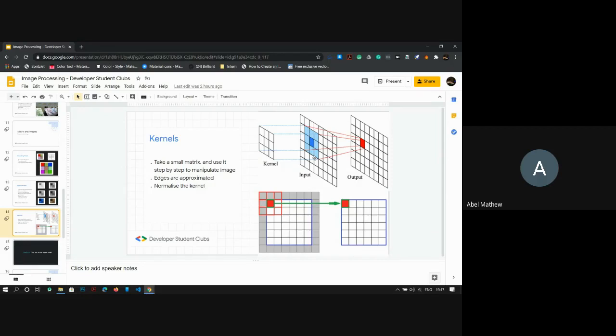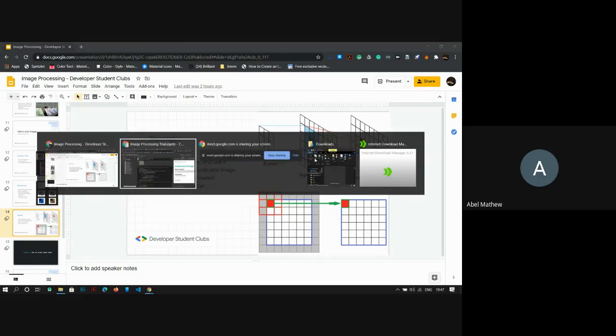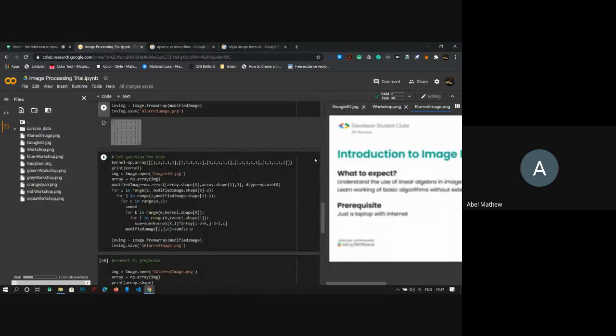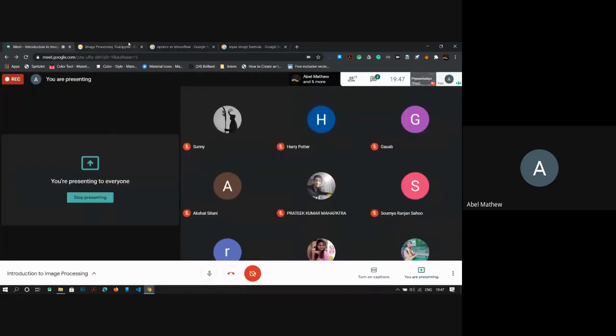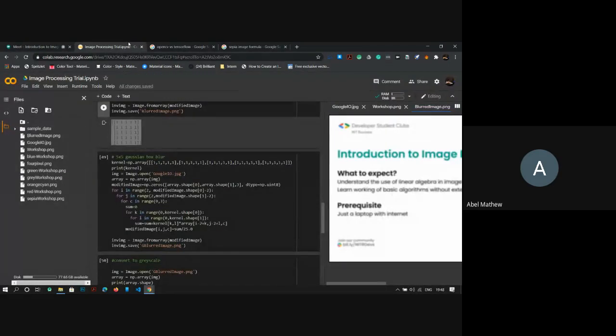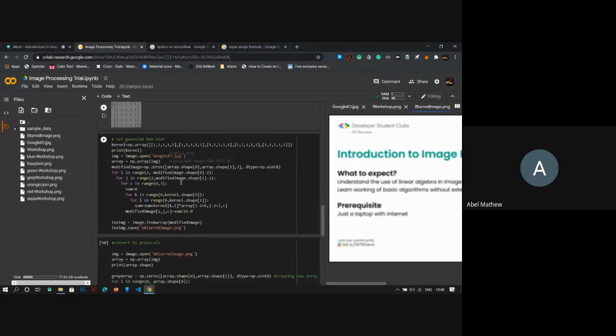So this will give a blurred image, but still the edges are preserved. And Gaussian blur is something that is used in majority image processing, pre-processing part, because we don't need a very high definition image, so we can reduce the complexity of the image by using Gaussian blur. Gaussian blur by default does not reduce the pixels of the image. So if you have a 100 cross 100 image, it's going to be still 100 cross 100 after the blur, even box blur, but the amount of details get reduced. So that's what happens.